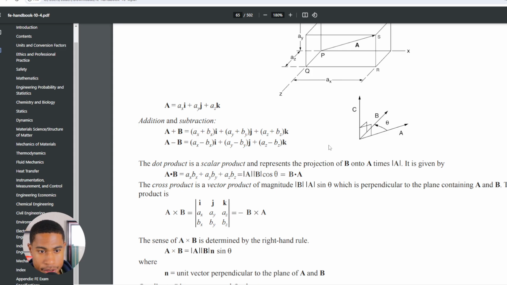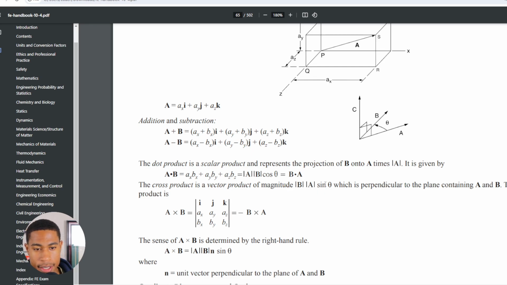All right, so let's go back to our handbook. So yeah, they make this kind of confusing, but that's how you get the magnitude of A. You can do the same thing for the magnitude of B, and then the cosine of theta. Now, in the event that they ask you to solve for theta, you're going to have to be able to get all of this information. You should get a number when you take the magnitude of A, and a number when you take the magnitude of B. And then you want to get everything on this side and then take the cosine inverse to get theta alone,